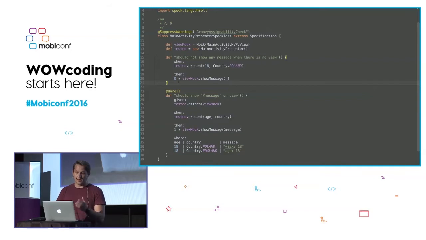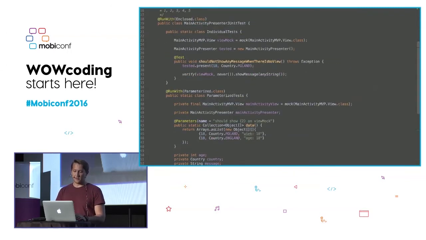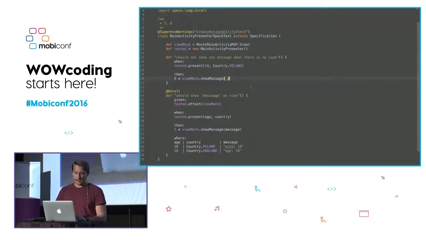So the presenter is invoked with 2 parameters, and we are checking that show message is invoked 0 times with whatever there is. So we can say whatever. That's pretty concise, but comparing it to this test, I think the readability is the same. The other one